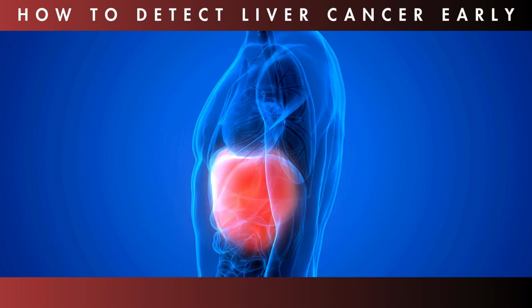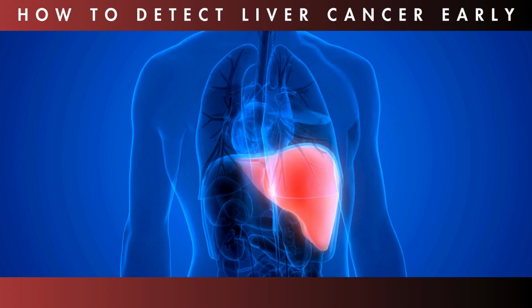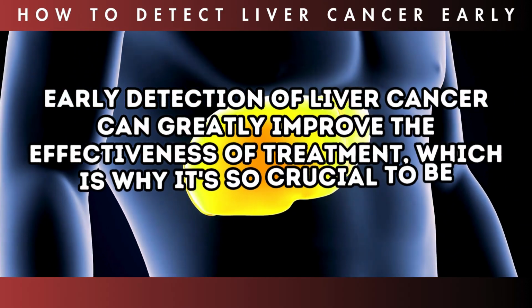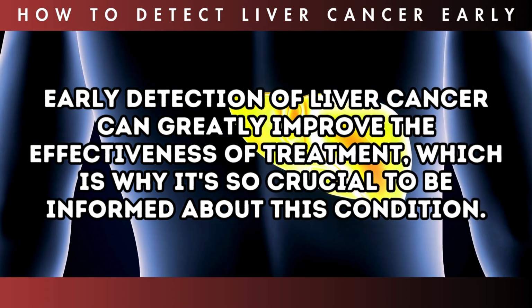Understanding liver cancer involves recognizing its potential causes and the importance of monitoring for signs or symptoms, especially if you have risk factors for the disease. Early detection of liver cancer can greatly improve the effectiveness of treatment, which is why it's so crucial to be